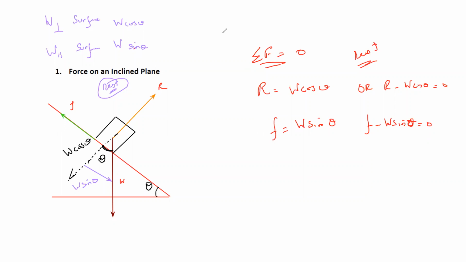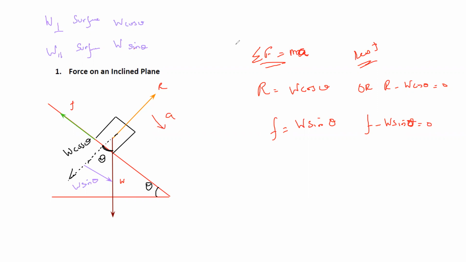Then normally what happens, the object might slide down, the object might accelerate. If the object accelerates down, in that case the resultant force is not 0, the resultant force will be equal to ma. But the object slides down on the surface, so the first equation will not change, R and W cos theta, because it is not accelerating in that plane. So R and W cos theta will remain the same. But what about the friction and W sine theta?